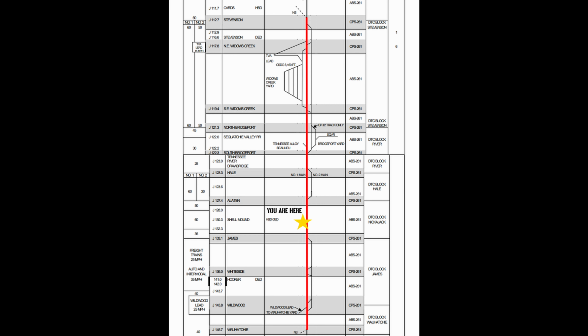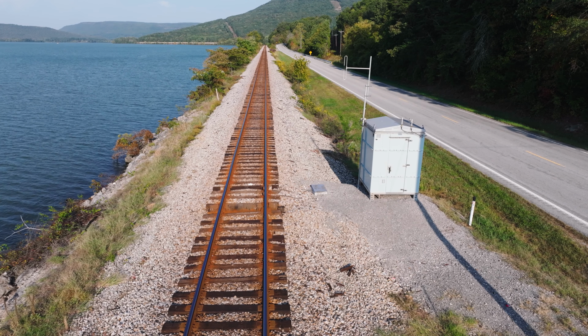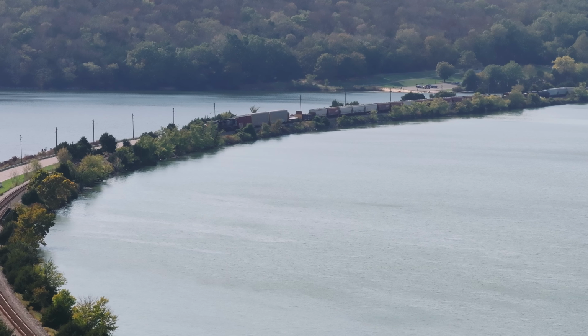Along the lake, there's a distance signal that only lights when a train is in the block, located at milepost J130.25, and a defect detector nearby at J130.4, which are essential tools for helping railfans determine when a train is coming. The first train to arrive on this hot October day was CSX